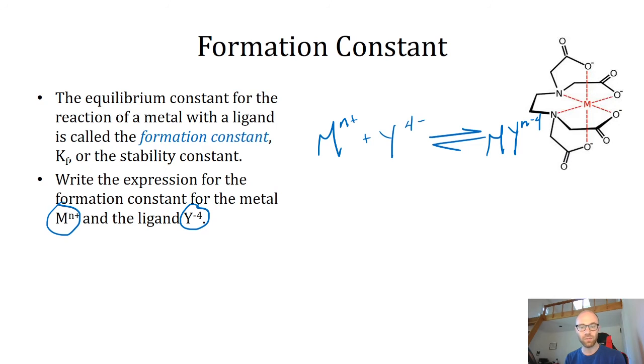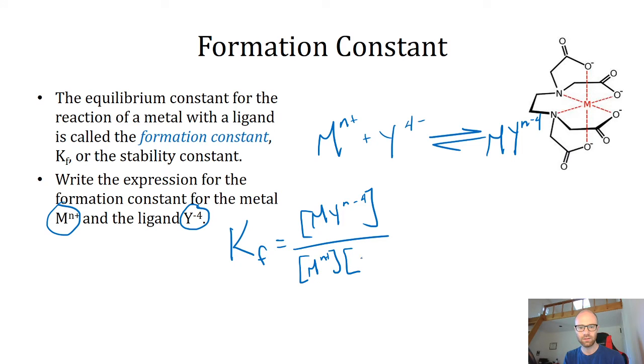And just like we saw with other complex ions, we're going to write this in formation notation, the idea of two separate things coming together to make one complex. That's really important, because if we're not careful and we wrote the reverse reaction, that's not going to give us the standard notation for the formation constant. If you go look up reference values, you get the reciprocal of what you want, and it's a big mess. But we're going to say that this would be our equilibrium expression,